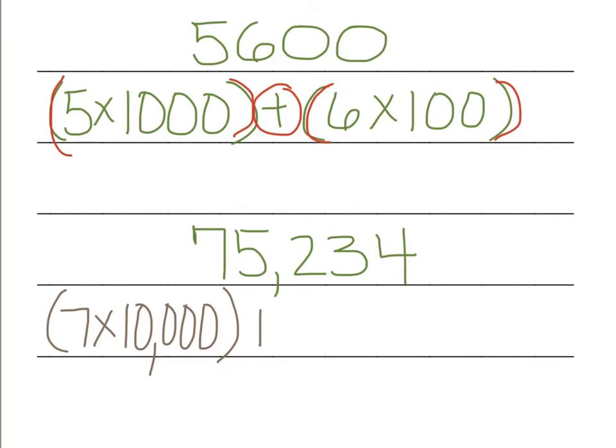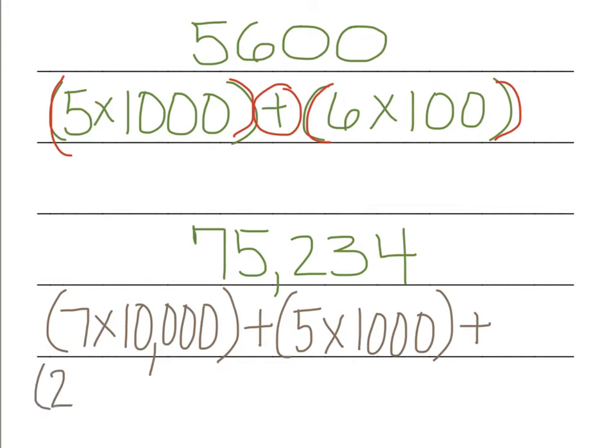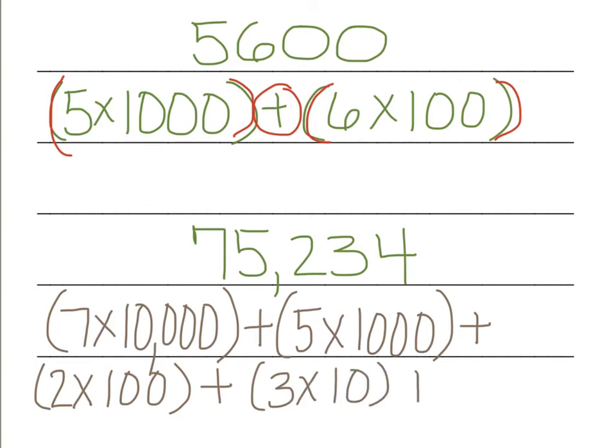Parentheses, don't forget, plus the 5 is in, whoops, it's easy to make little mistakes on simple things. The 5 is in the thousands place, plus the 2 is in the hundreds place, plus the 3 is in the tens place, plus the 4 is